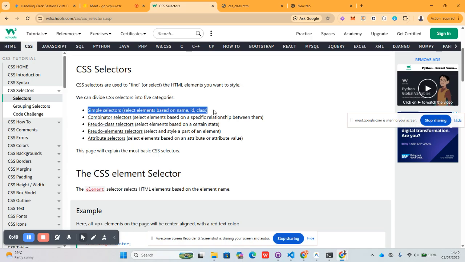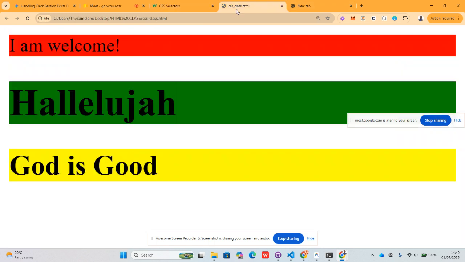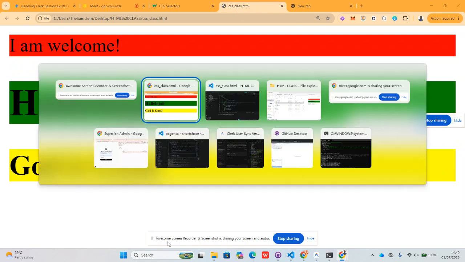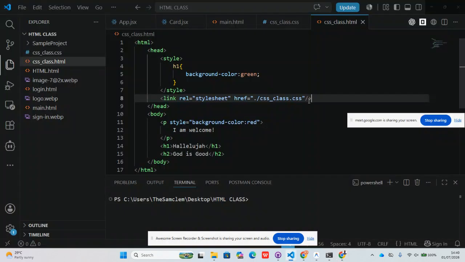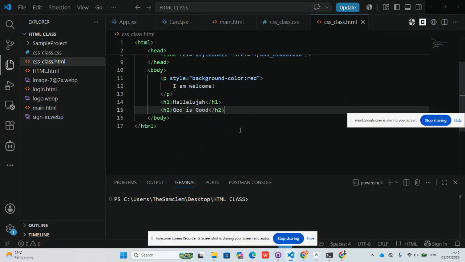So you saw when we wanted to select, we style it by calling the name of the element. So that one is called element selection or element selector, or name selector. So you are selecting it by name. So that's what it's called. So for instance now, let's do another example under that. Let's say we have an H3. We want this H3 to be